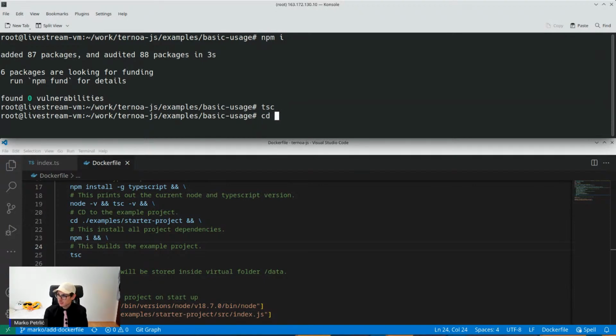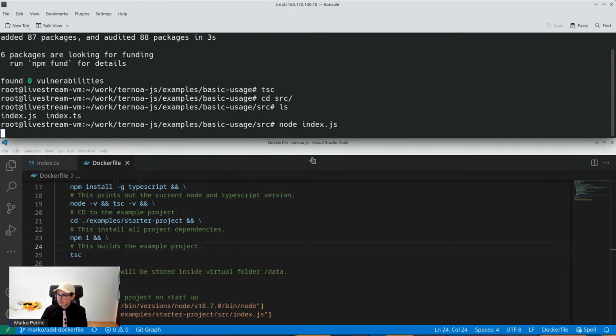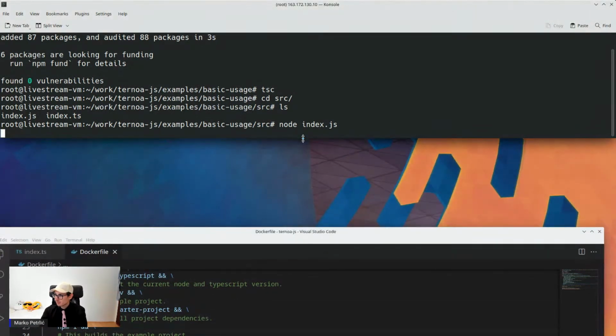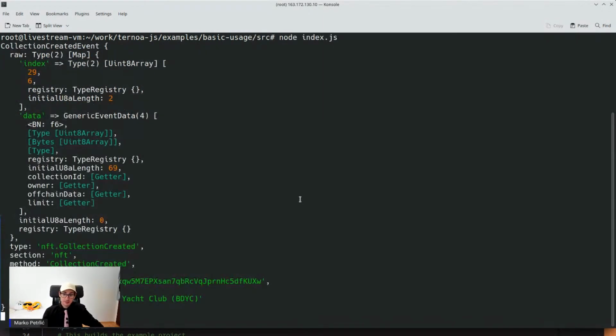And let's enter the source directory and run it. So this is going to connect to the AlphaNet, do some. Let's make it bigger. Yeah. So it will take a while. So the reason why it takes a while is that